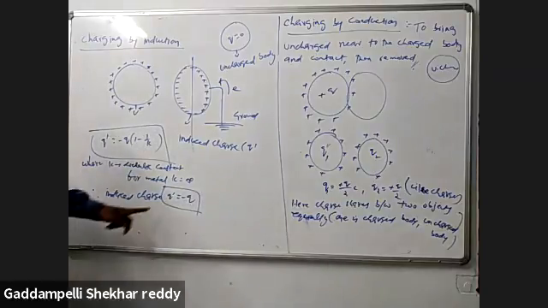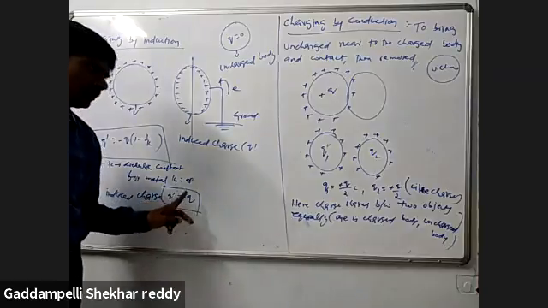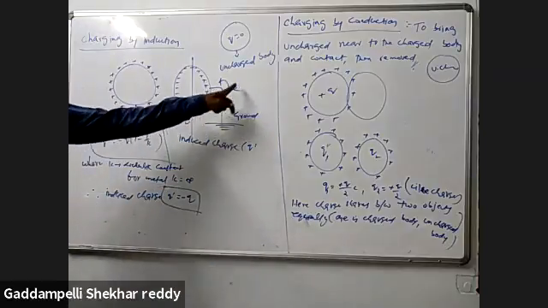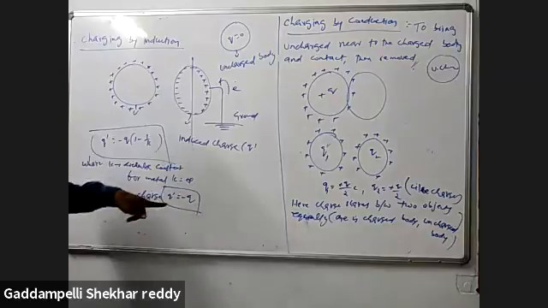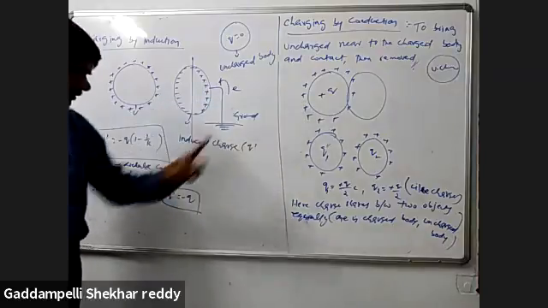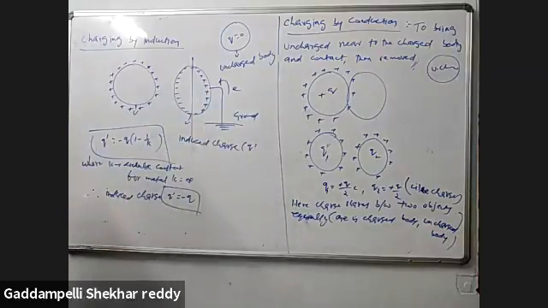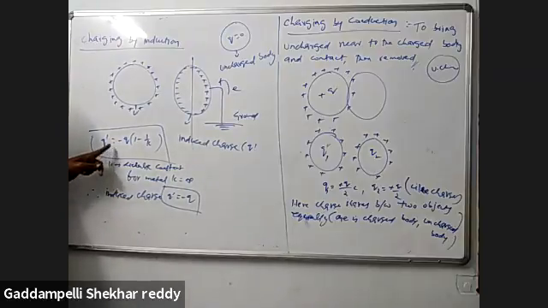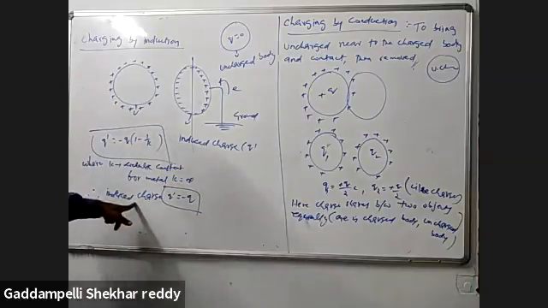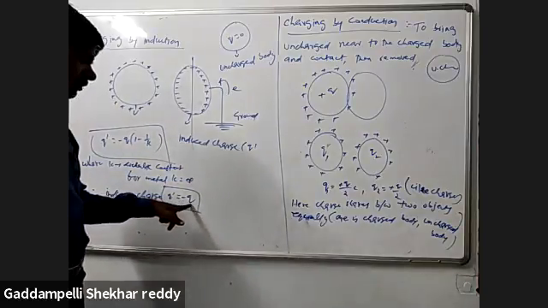This means in this method also unlike charges are formed. In the first method, by friction, unlike charges; by conduction, like charges; by induction, unlike charges. So the induced charge formula is Q dash equal to minus Q of 1 minus 1 by K, where K is the dielectric constant, and for a metal K is infinite. So the final formula is Q dash is equal to minus Q.